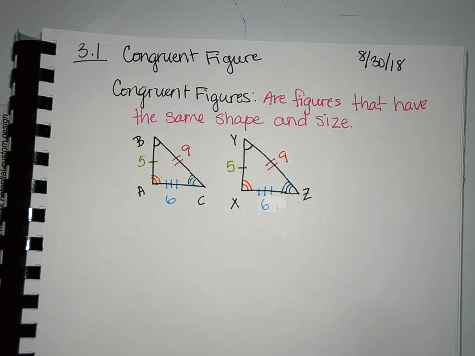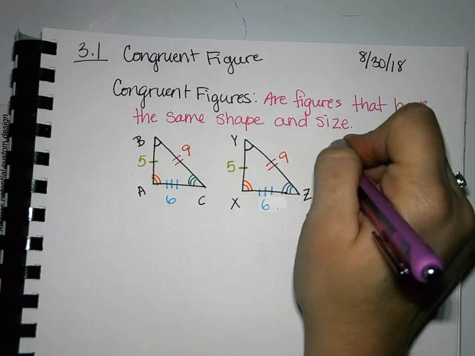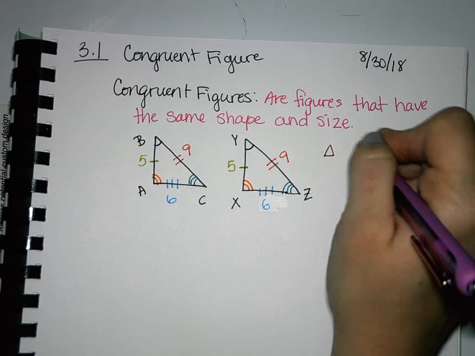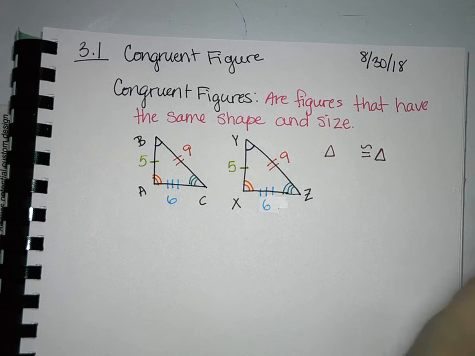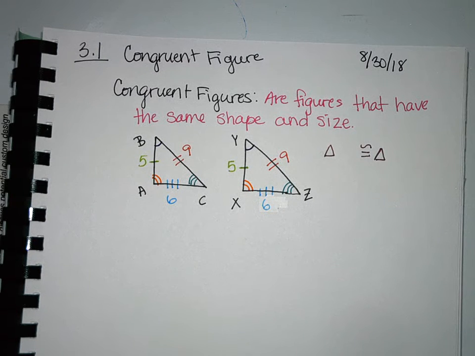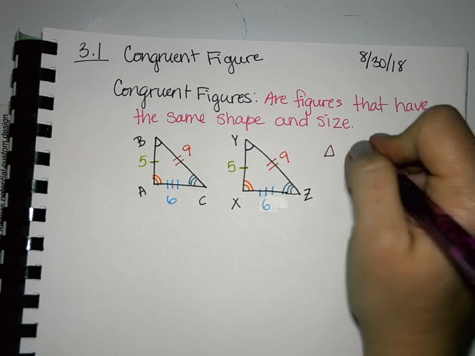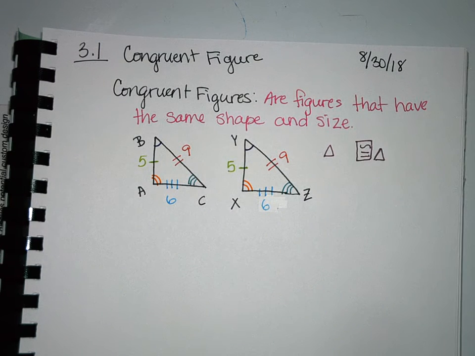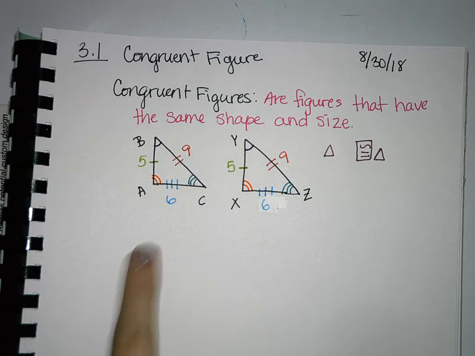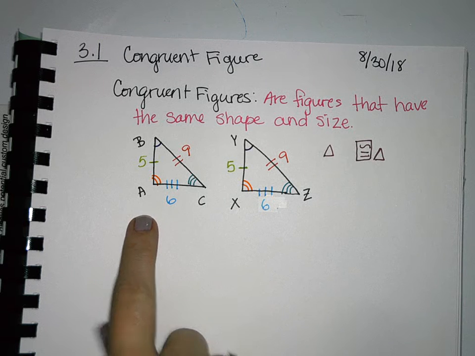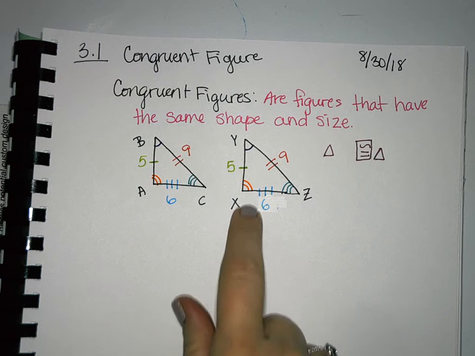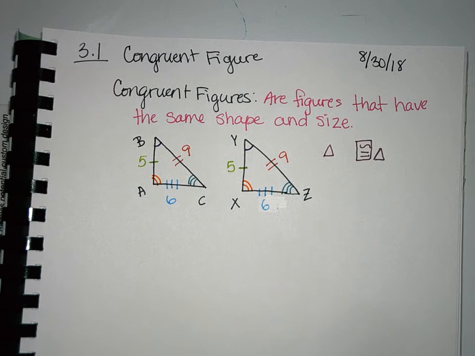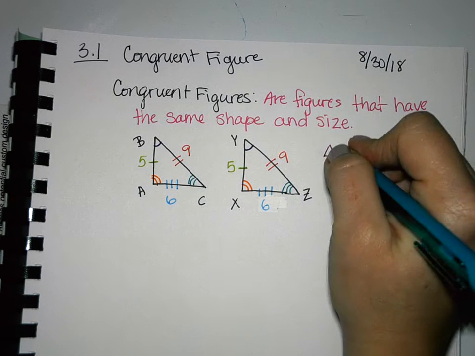So what I want to do real quick is take some practice in writing what's called the congruence statement. When you're writing the congruent statement, do you guys all know what this symbol means? That's the symbol for congruent. It's an equal sign with a little squiggly line on top. When we're writing a congruent statement, you need to match all the letters in one triangle with the corresponding letters in the other triangle. So if I start with ABC,